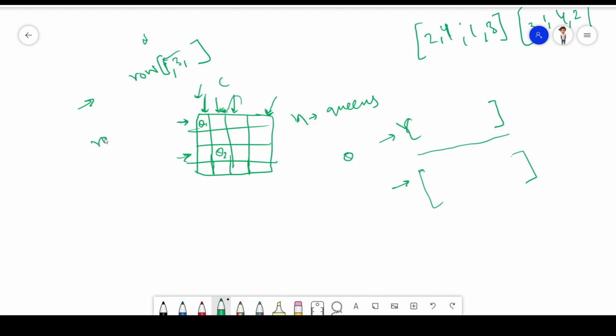Okay. So when it backtracks, it will come over to 1 and see if there is some other position for q2, so it finds 4. Okay, but when it puts q3 over here, then there is no place for q4, right? So when it puts 2 over here, there is no place, so it will backtrack again. Now there is no position for q4 in row 4 also, so it will backtrack to this one, and it will increase. Okay, so I think it is getting clear to you. So I will write the code for this.